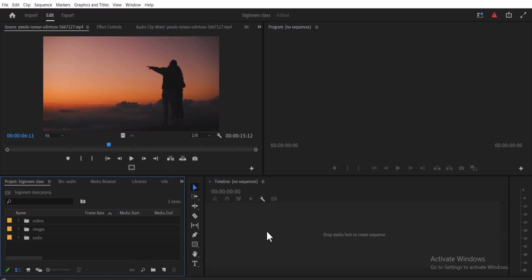Like I said, the timeline is where we cut, add effects, and basically where the main editing takes place. Now there are a couple of ways to drag footage into the timeline to create a sequence. But first, it's important that we note that we should not, under any circumstance, import an audio first onto our timeline. We can begin by importing a video or an image, because an audio will make the sequence choppy and glitchy. Secondly, the first clip we import over here will automatically create our sequence,